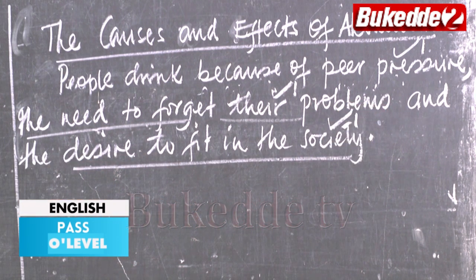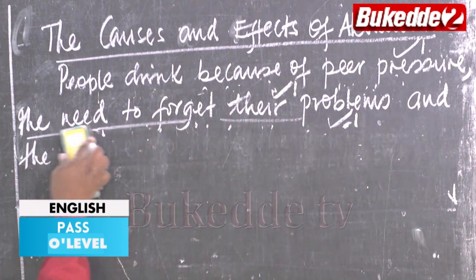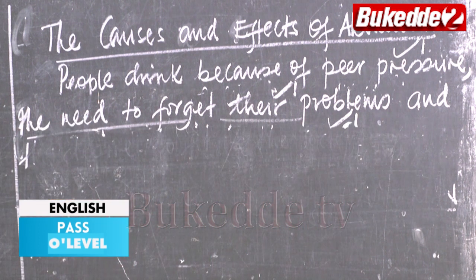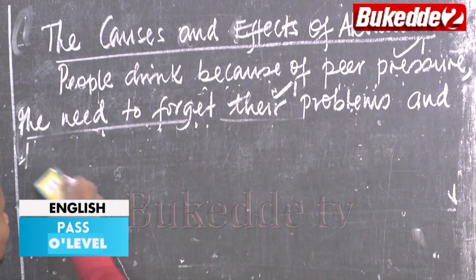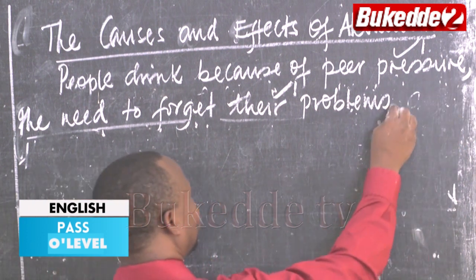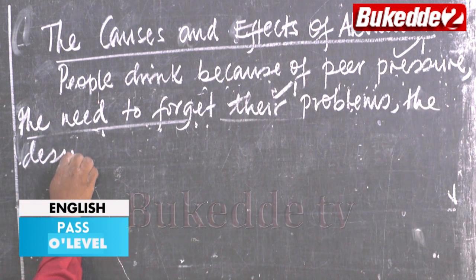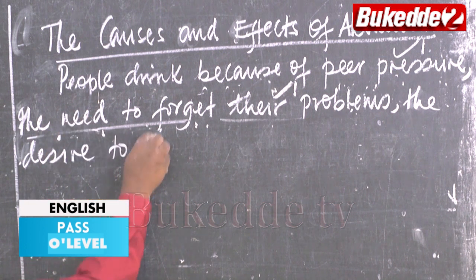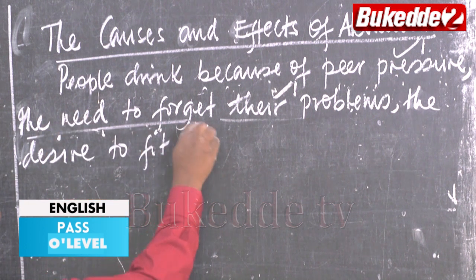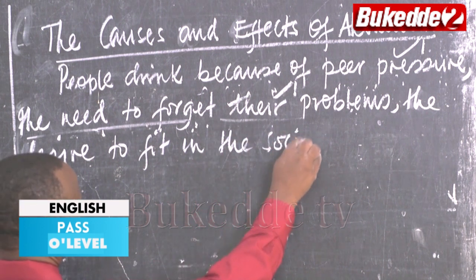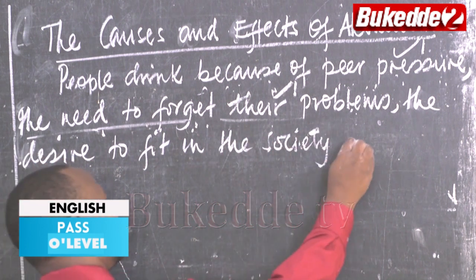One sentence has 3 points. But you can have 4 points in the same sentence. And that sentence will be like, people drink because of peer pressure, they need to forget their problems. Then again, you put there another comma. They need to forget their problems. Okay? The desire to fit in the society, in the society, and